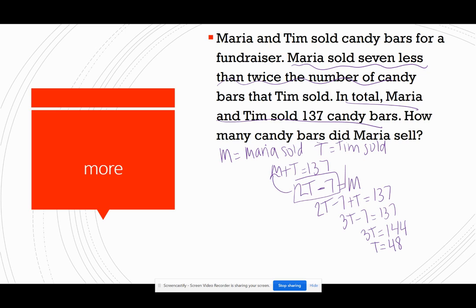So Tim sold 48, but we want to know how many Maria sold. So we can do 137 minus,